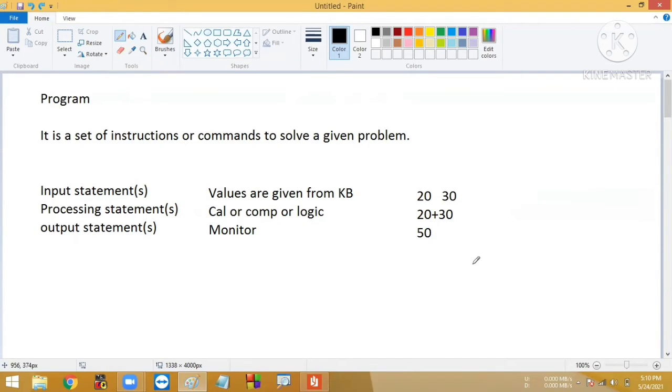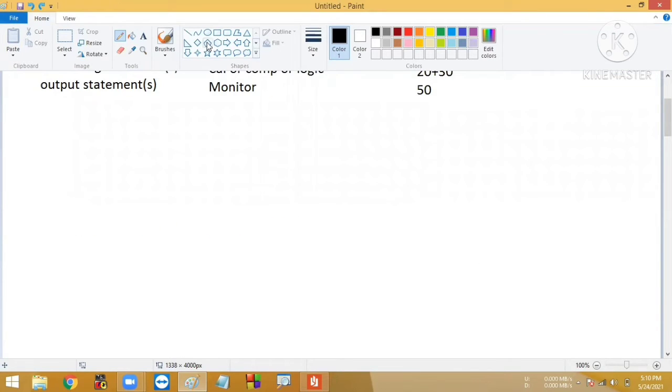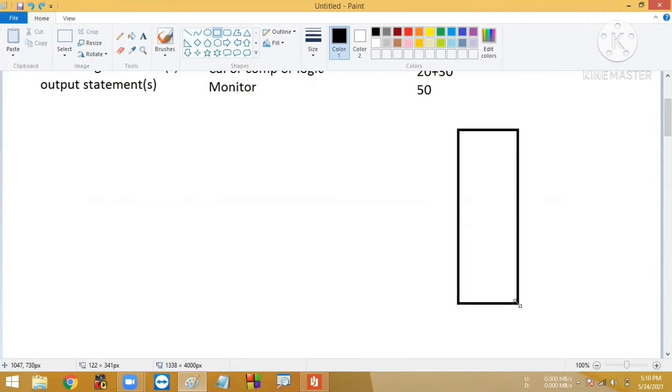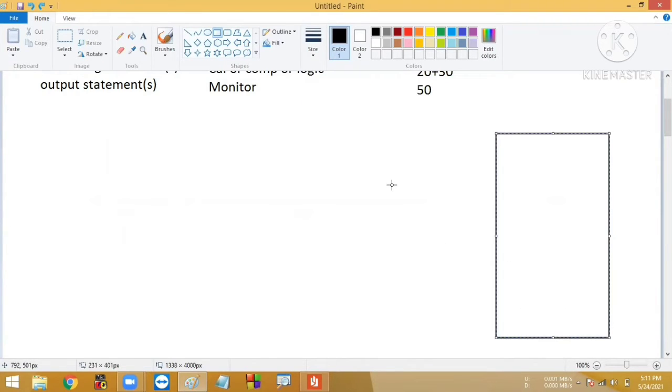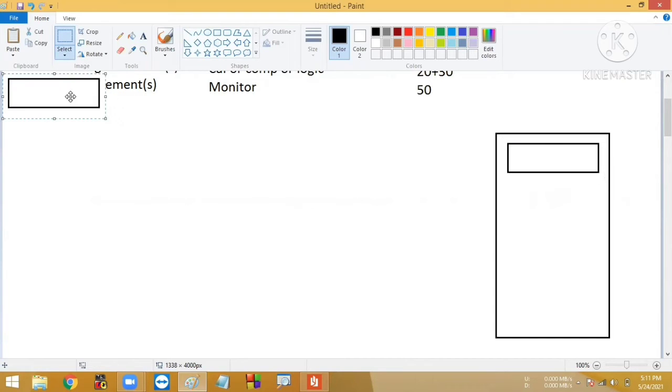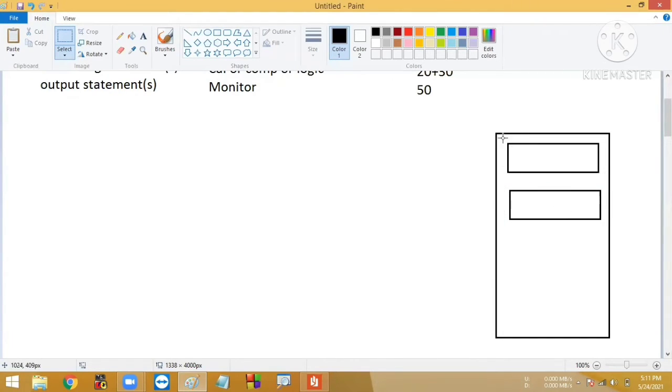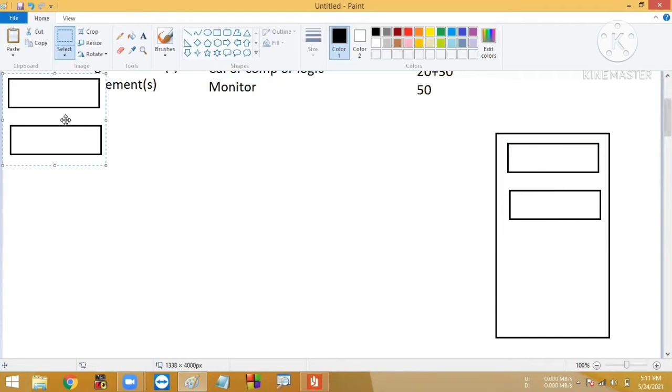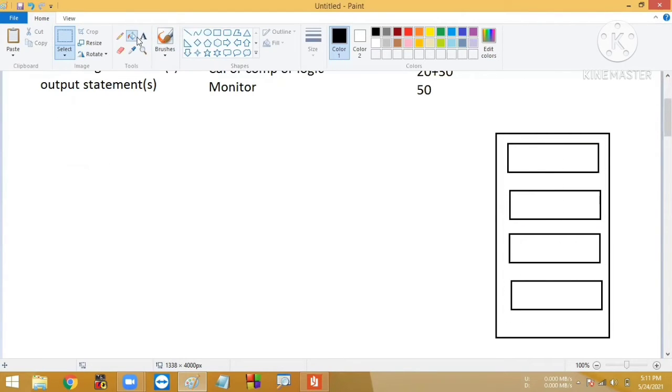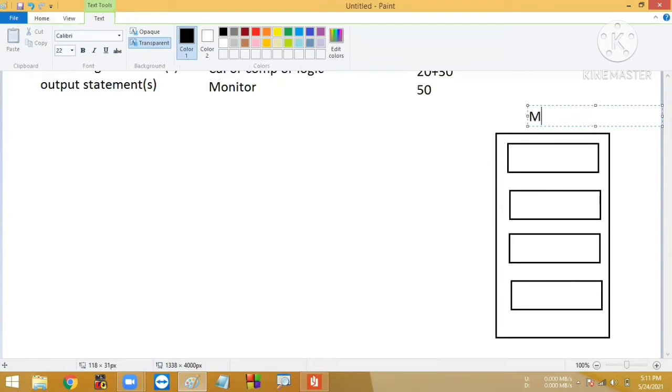Next, the question is where these values are stored. Obviously, we know these values are stored in the memory, that is, in the RAM. Assume you can take it as a memory of blocks. In memory, we have what we call blocks, or also cells. Many cells or blocks will be there. Few blocks will be filled with data, and few blocks will be empty. So the values are stored in the memory.